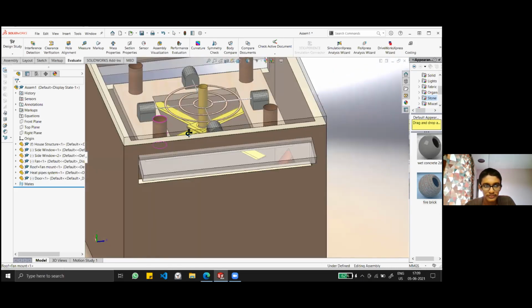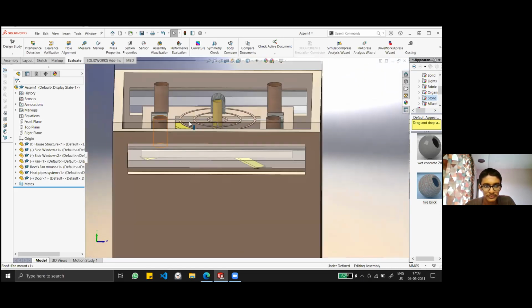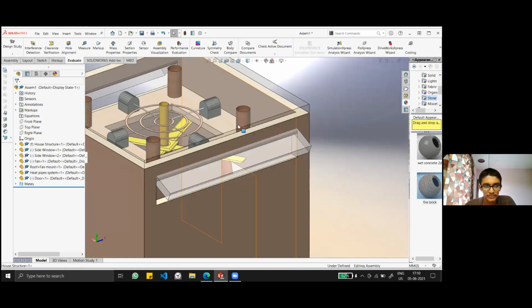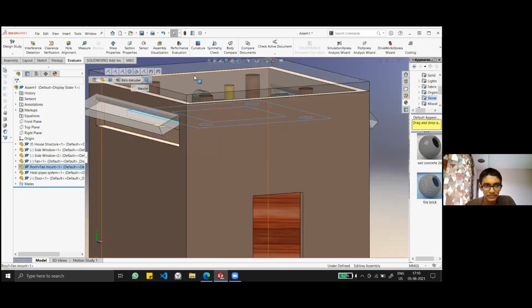Why is this advantageous? For one, it's a very easy to install setup, right? Say, for example, you've already constructed a house and you just want to incorporate it. You can very easily remove this whole unit that you see here, starting from here and everything upwards. Let me just show you.